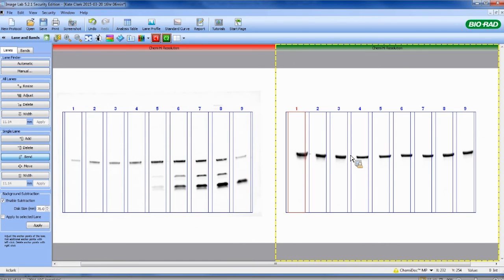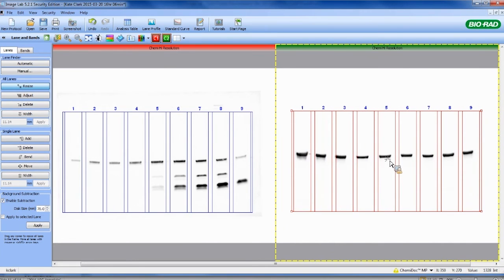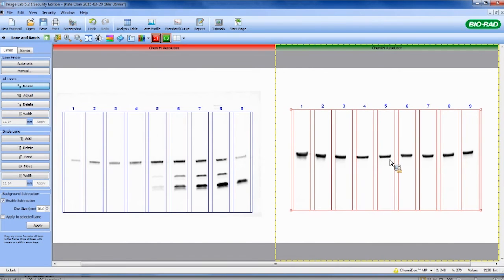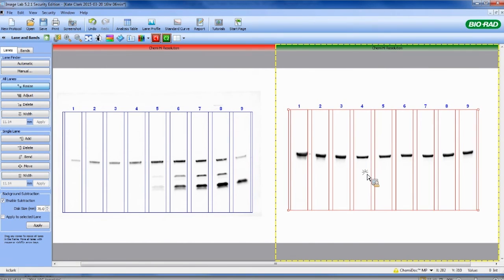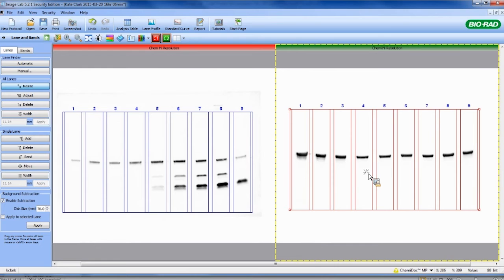Now remember, these are out of register, so I'm going to have to click on either resize or adjust and click in the middle so that I don't actually resize it, but just shift drag this into register with this image so that, again, you want background below, background above, and all the bands are included in the lane itself. It looks like it needs to be a little more this way, but I don't want to miss that one. So getting these two within the frame. So now we have the same lane frame on both images, and we're ready to go to the next step,